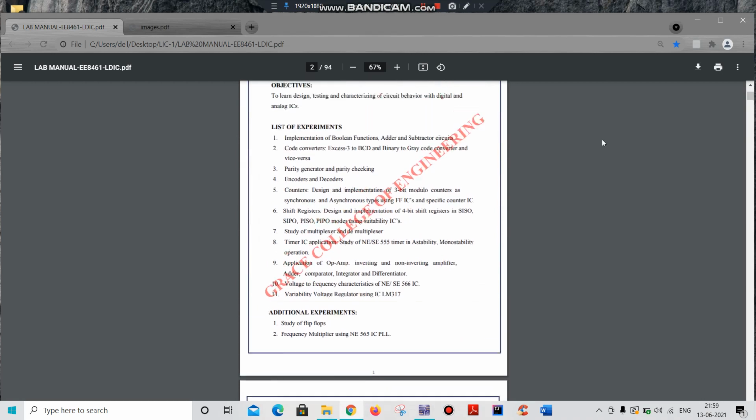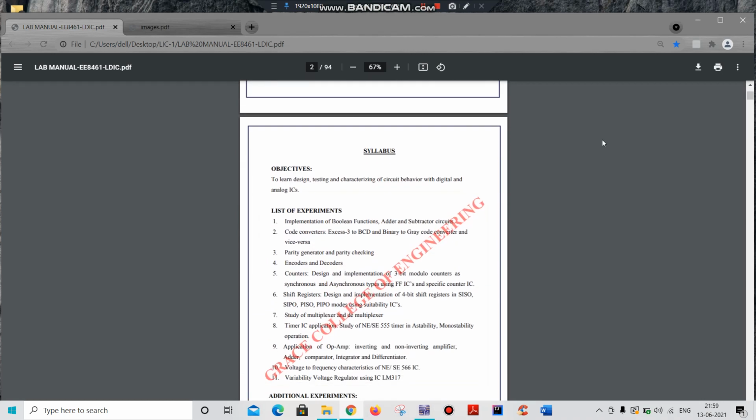So this is the syllabus of our laboratory, and before entering into the list of experiments, we have to know the aim of this laboratory.